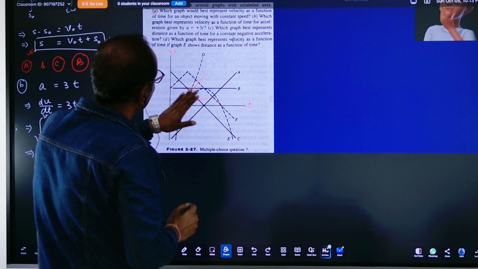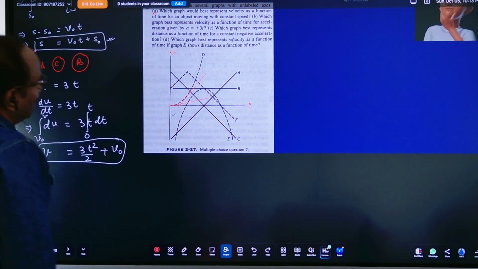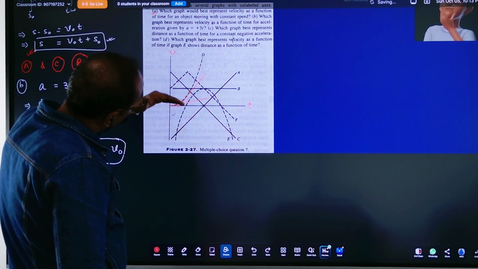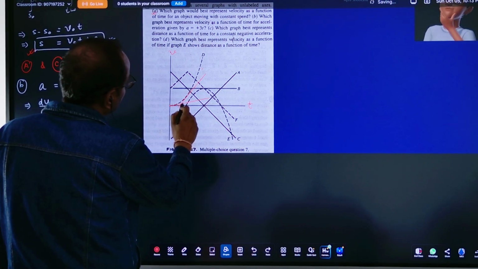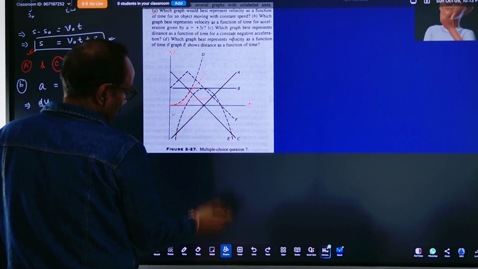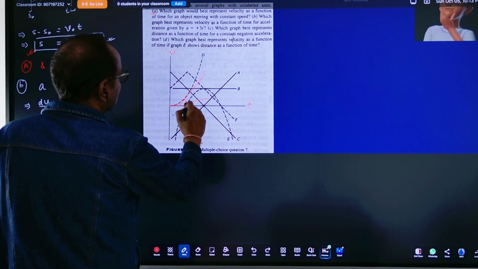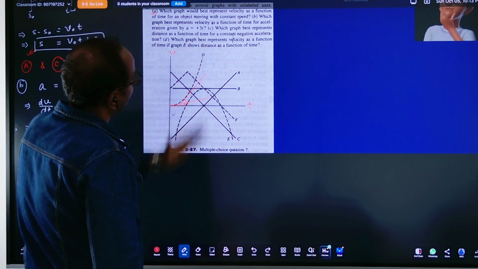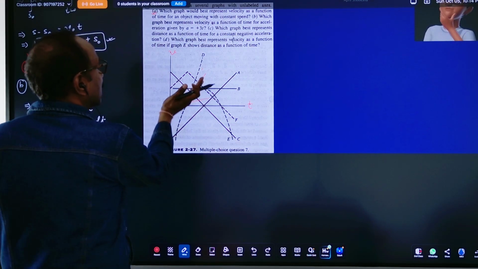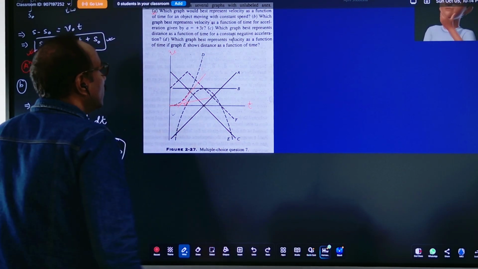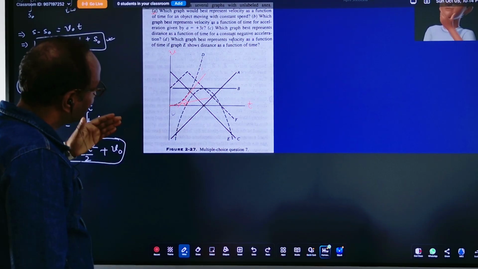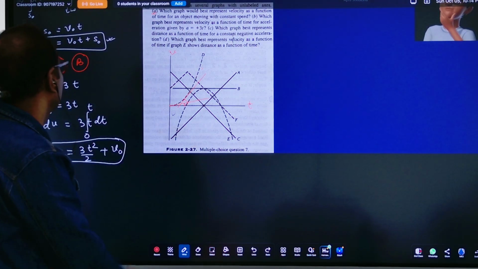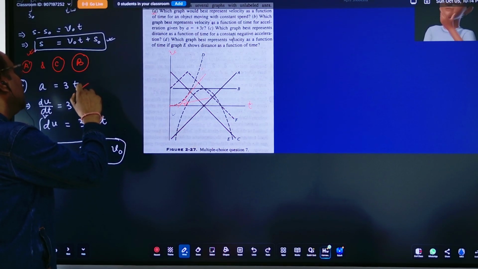What you can notice is that the slope is continuously increasing because this angle is increasing. As you go up further, your slope is increasing. Slope is increasing means acceleration is continuously increasing. So this is obeying